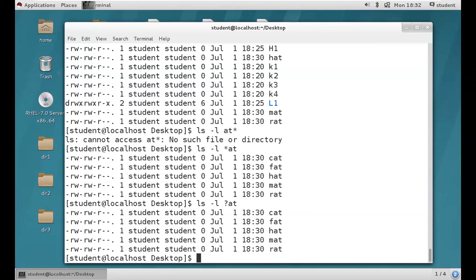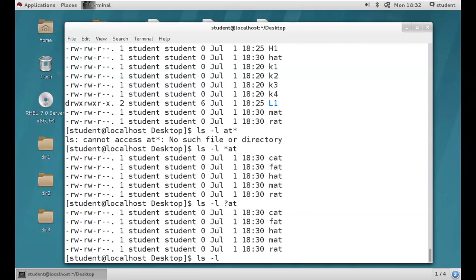Star will consider all characters, whatever they may be. But question mark will consider only one character from your file name. Let's see. ls -l, right?